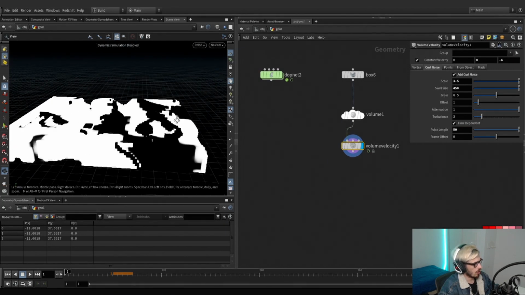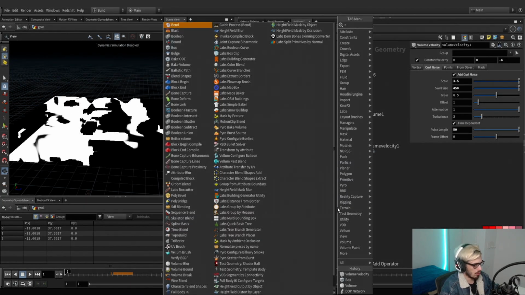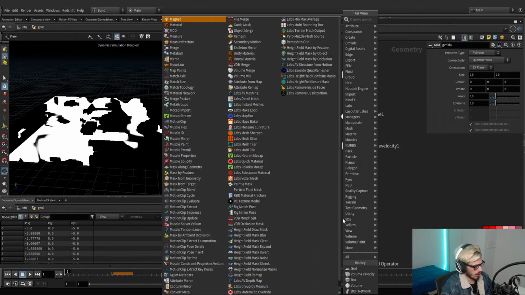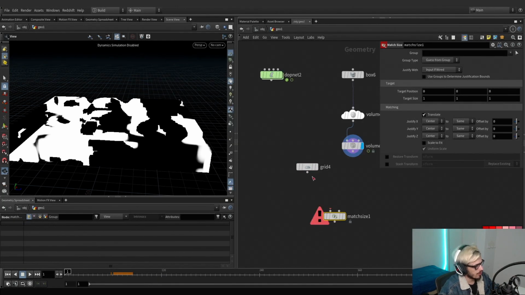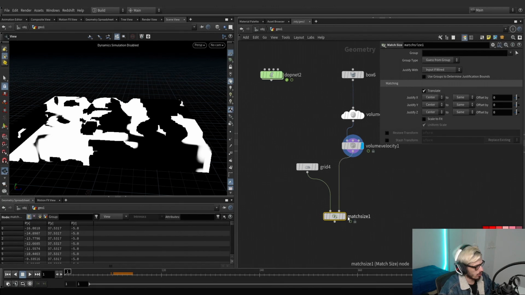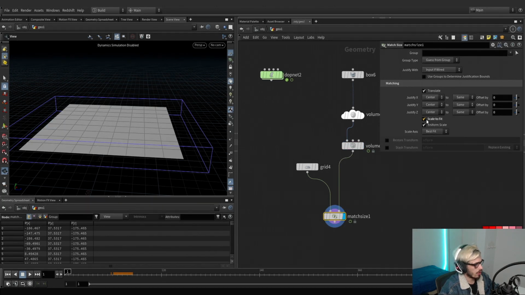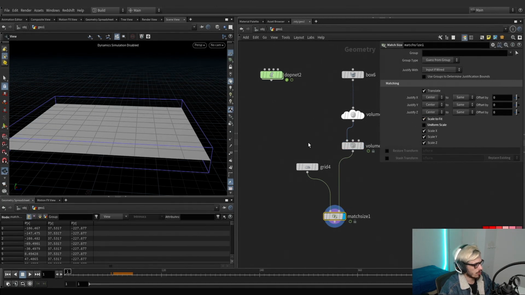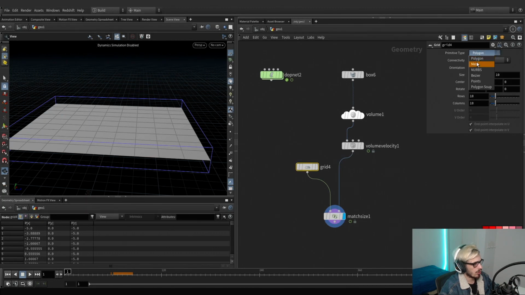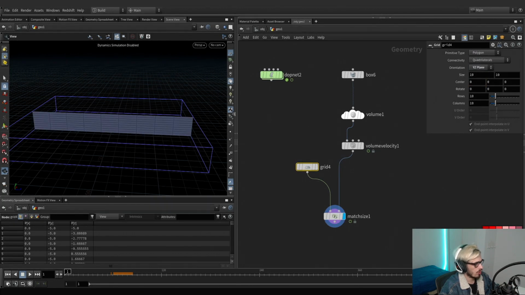So we cannot see anything. How do we visualize this? Easy. Let's make a grid. Let's make a match size. Let's plug this here, plug this also here, and we will set scale to fit. This won't be a uniform scale, and we're going to rotate this so it's